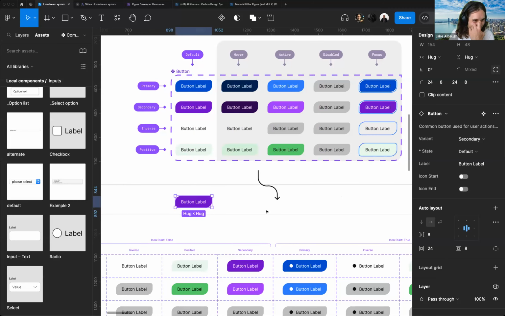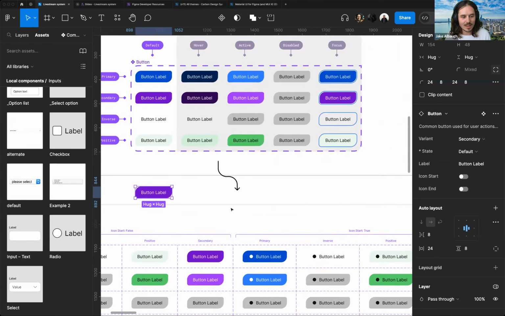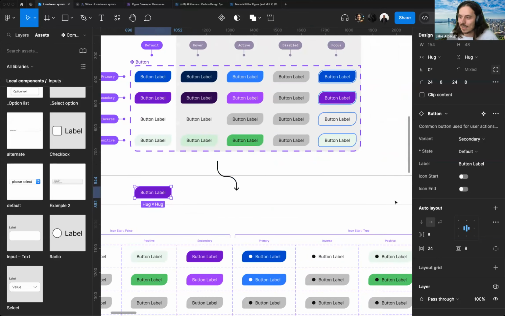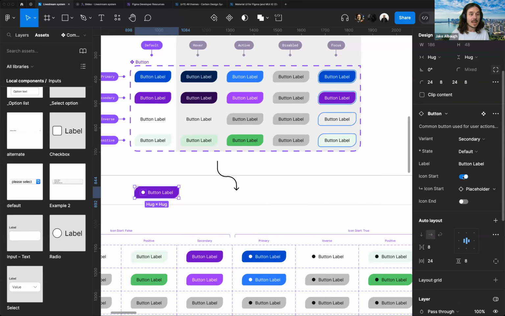This is why dev mode is great. Okay, so we have this instance here, right? Notice how icon start and icon end are Boolean switches, right? So when we flip that switch, this is how you do it in Figma. Like, this is the Figma way to do it. If you're a developer on this call right now, you might be like, that makes no sense. I don't think about things that way. But this is how these things are configured in Figma, because from a designer ergonomic perspective,